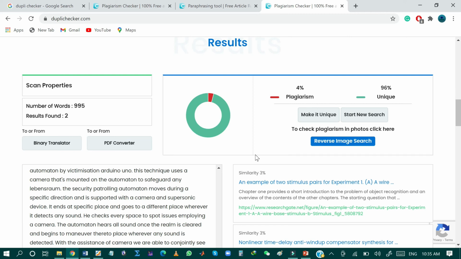So hence, we can see that the rewrite tool of Duplichecker has reduced the plagiarized content, which was originally 17%, and in the rewritten document the plagiarized content is 4%. So it means that 13% of plagiarized content is reduced by the rewrite tool of Duplichecker.